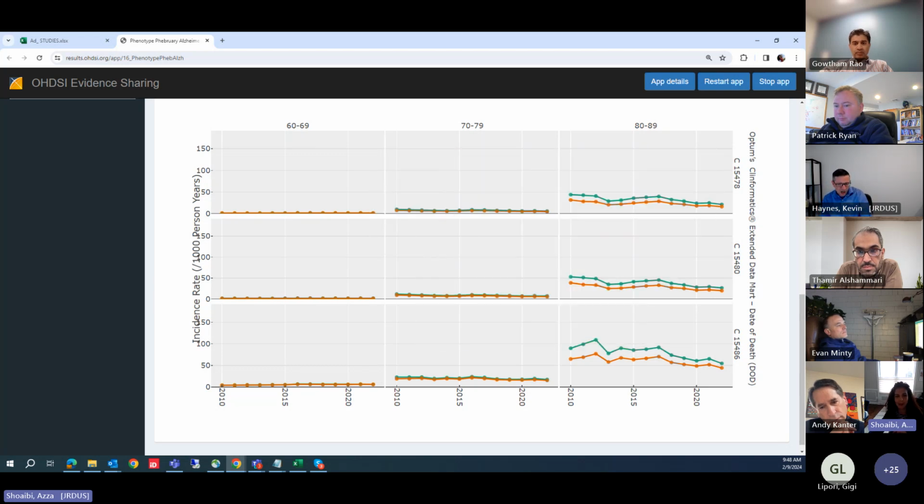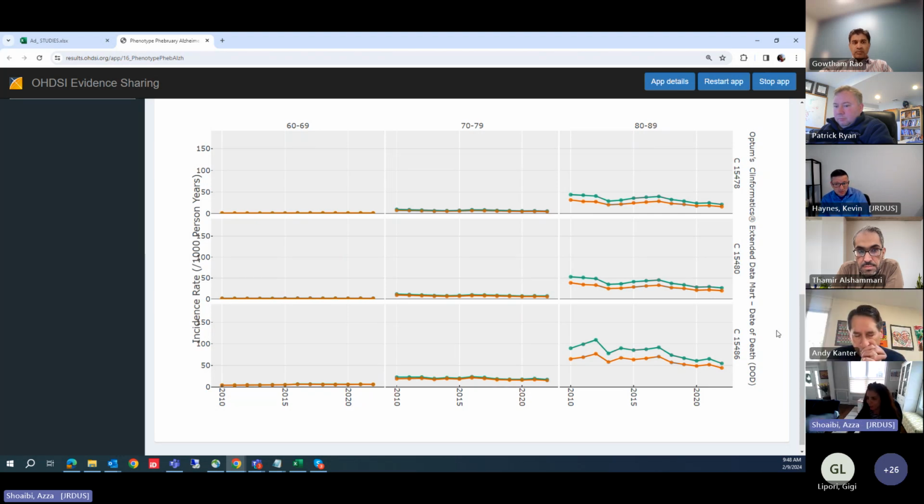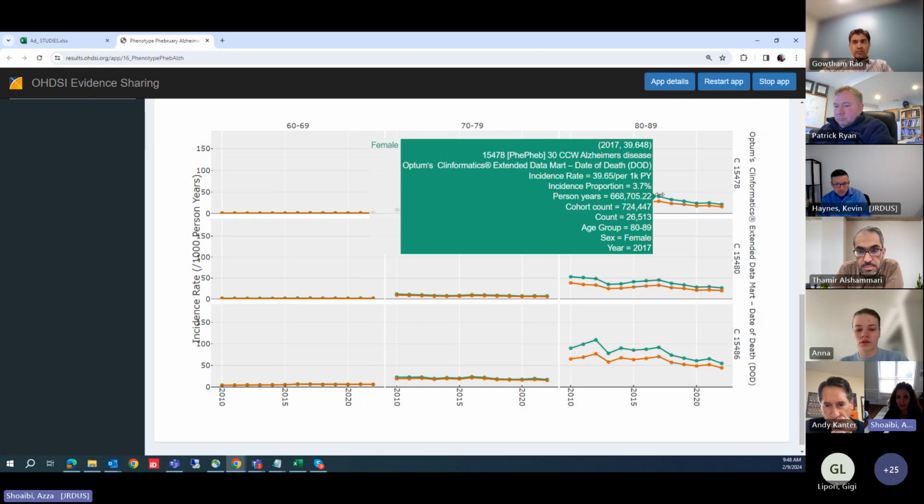First of all, I can see that men are at more risk of Alzheimer's than women, which is great because that is actually a known fact. And I can see it in the data. So it gives me some sanity checks. So 2017, I see among men, for that year in particular, the incidence rate is about